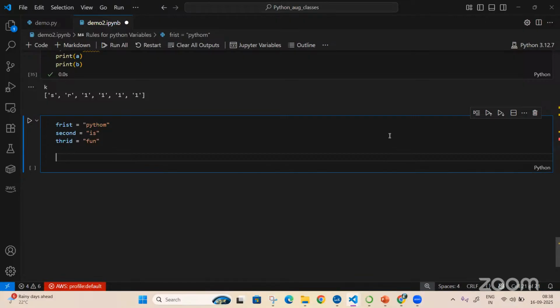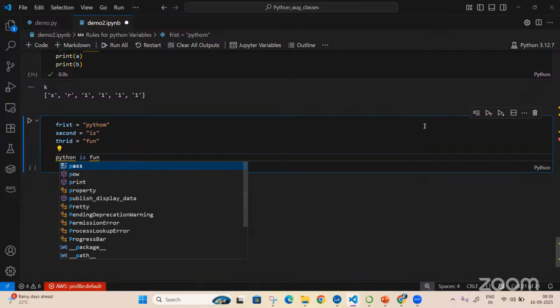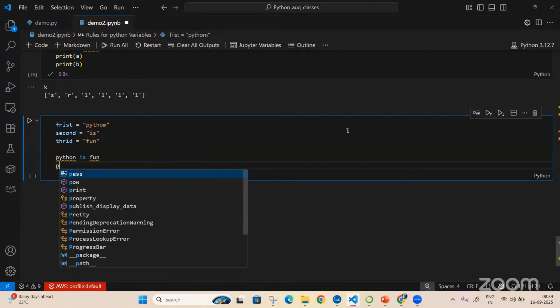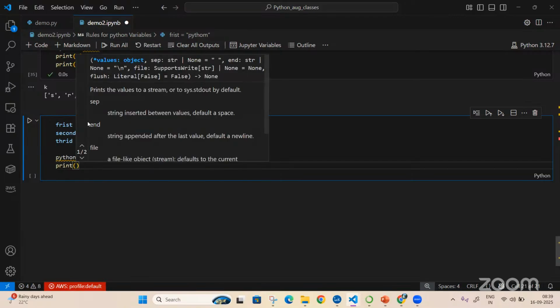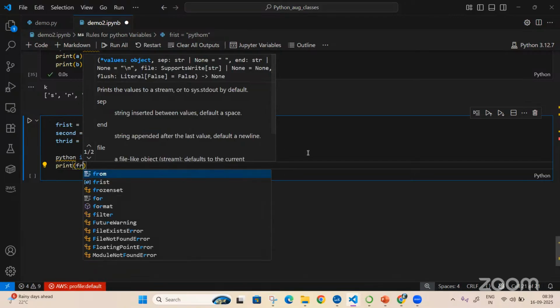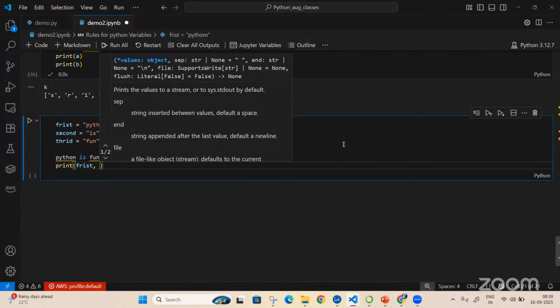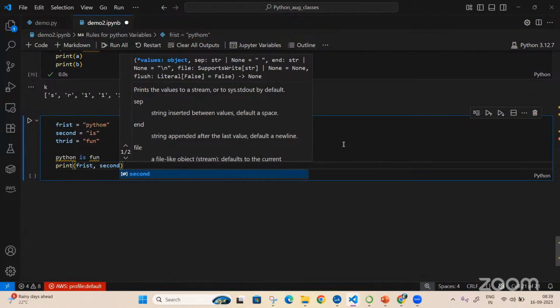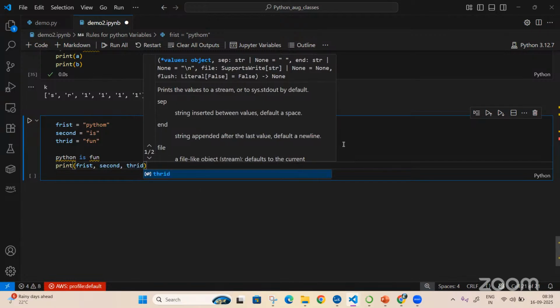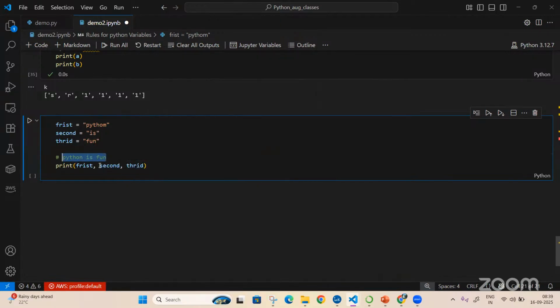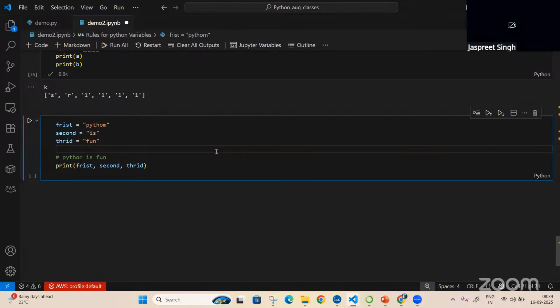The output should be Python is fun. How to print this? Print first, comma, second, comma, third. But if I just say print first, comma, second, comma, third, I'll get the value, but we need space. Yes, we need space.